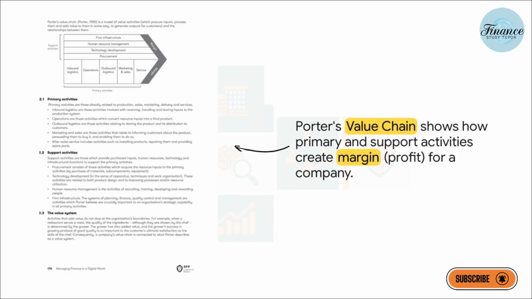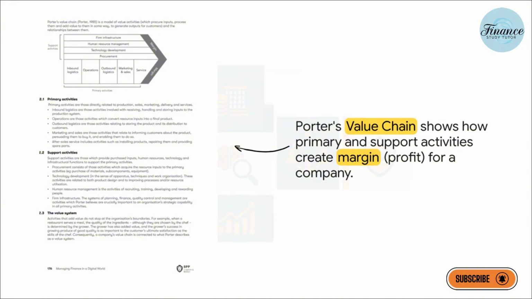The support activities up top, like HR and technology, are the essential services that keep that assembly line running smoothly. And here's the key takeaway for your exam. Your competitive advantage comes from doing these activities better or cheaper than your rivals. You use this model in a case study to pinpoint exactly where a company is winning and where it can